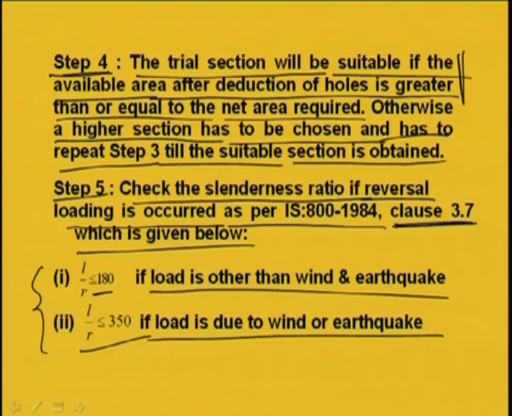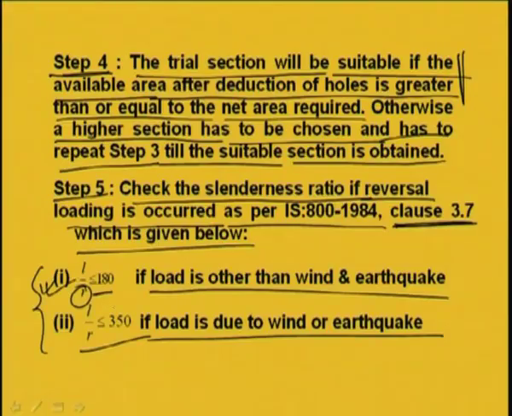So, where do we get the R? R value we will get either from calculation or from the code, that handbook, because if single angle, or I section or T section or channel section is there, then all its properties have been given in the SP6 handbook. But if we provide the built up section, then we have to calculate the R, radius of gyration, then we have to find out the L by R ratio and we have to check whether this is following this codal provision or not. If it is not following, then we have to increase the section again.